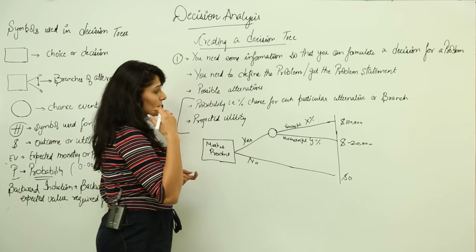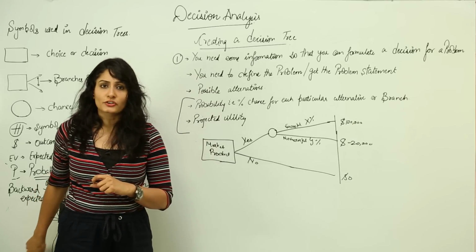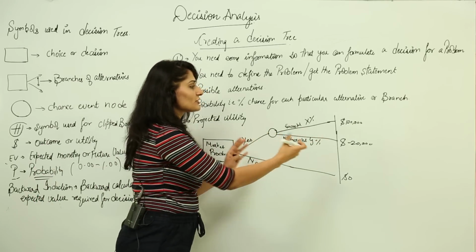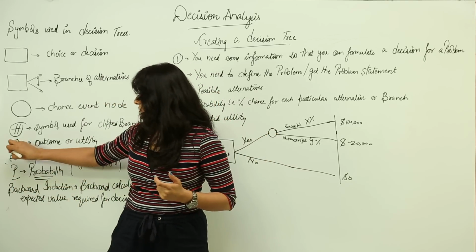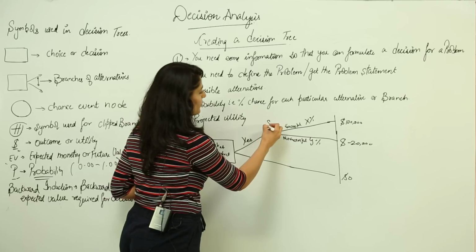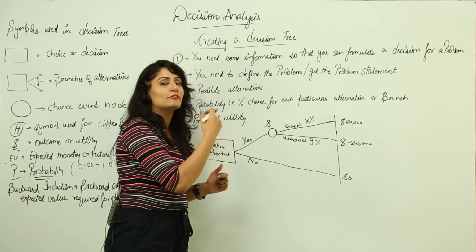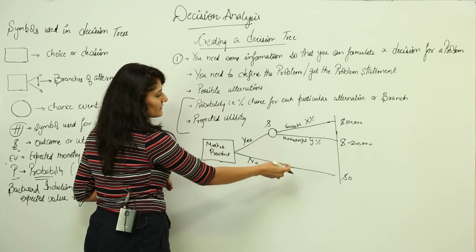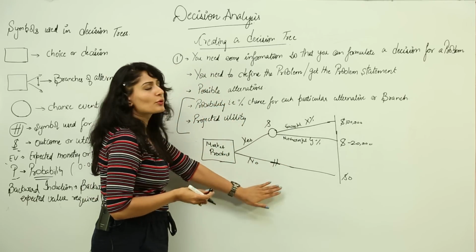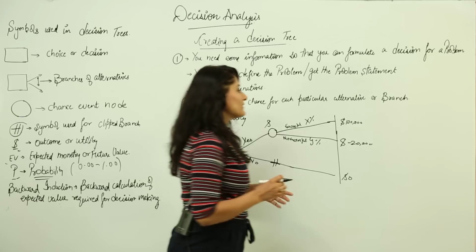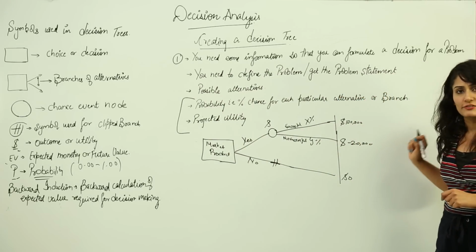Then my third step would be folding it back. That is, I would go in for backward induction. After folding back, I would get a certain amount, that is, this dollar amount on this chance node. Based on this amount, I would see which branch I should go ahead with and which one I should clip. Since this is 0 and this value would be something, I am going to clip this branch as this is not a good decision to take, right. So what you can see is that it's a very logical, very detailed, very precise way of taking decisions.